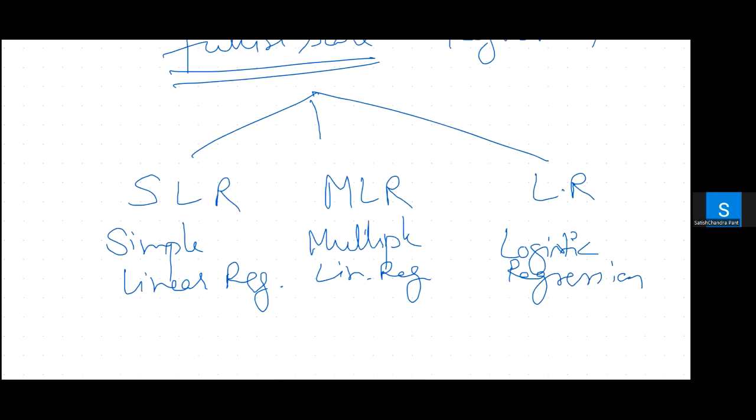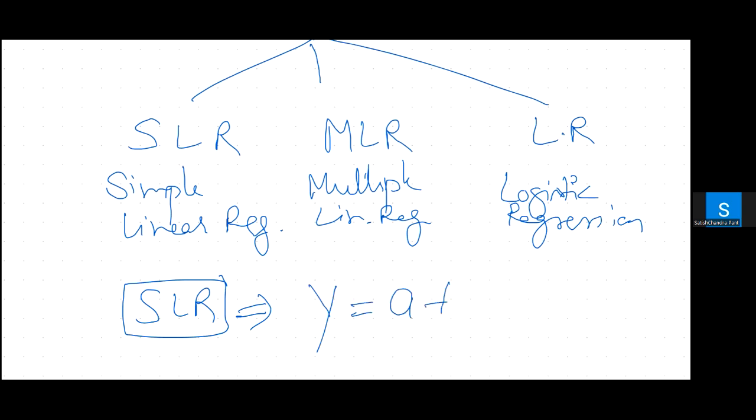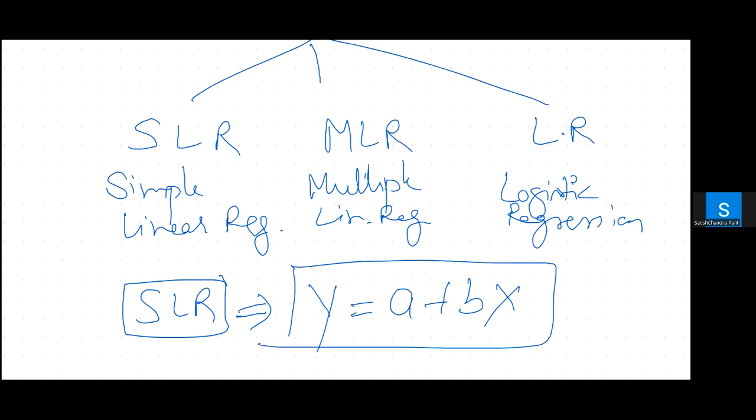Now let's examine what SLR, simple linear regression, is. In case of simple linear regression, there are two variables in a model, one dependent variable and another independent variable. In the mathematical model, simple linear regression is written as y equals a plus bx. In this, y is the dependent variable,